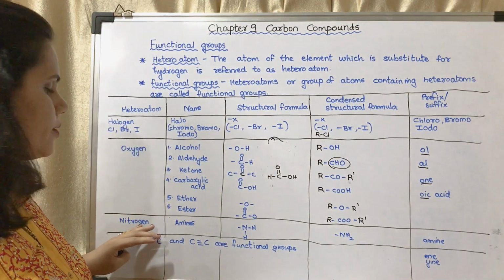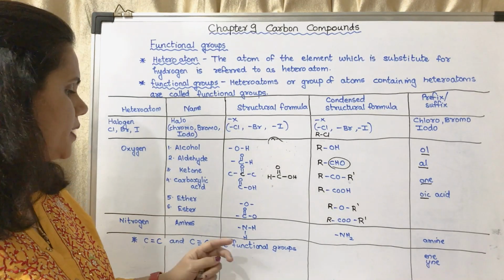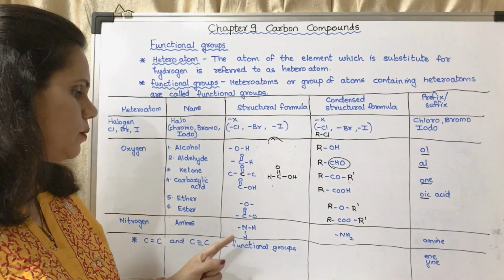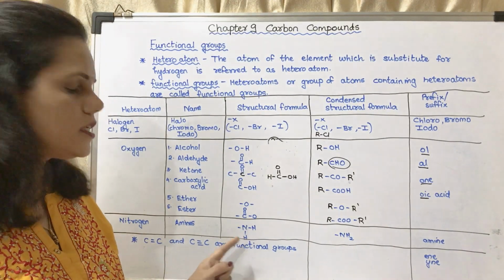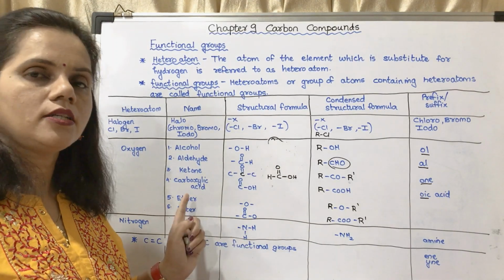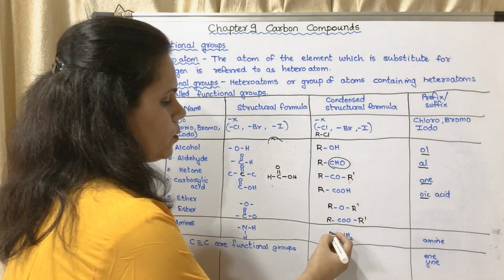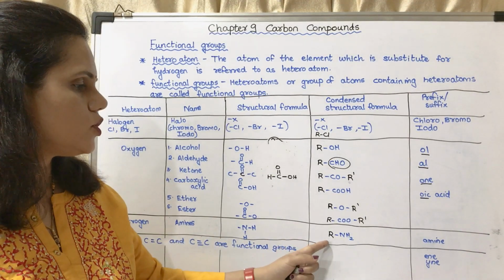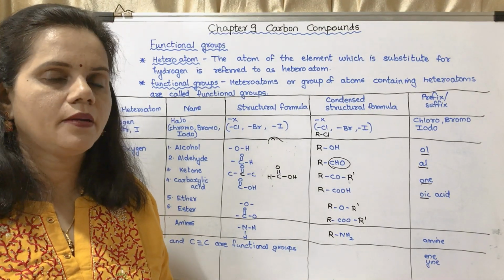Now the next is with heteroatom nitrogen. Its name is amines. You know about amino acids. Amino acids are having this functional group. It is having one nitrogen. Nitrogen's valency is 3, so there are 3 lines. But 2 lines are engaged with 2 hydrogen each, and on the other side it could be carbon. So it is having RNH2. R could mean methane, ethane, propane, butane, any compound. So it is RNH2. Its suffix will be amine. That will be the name.